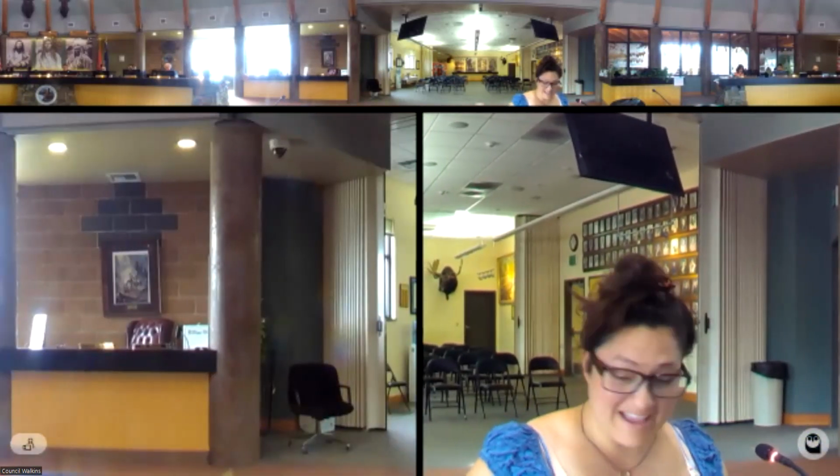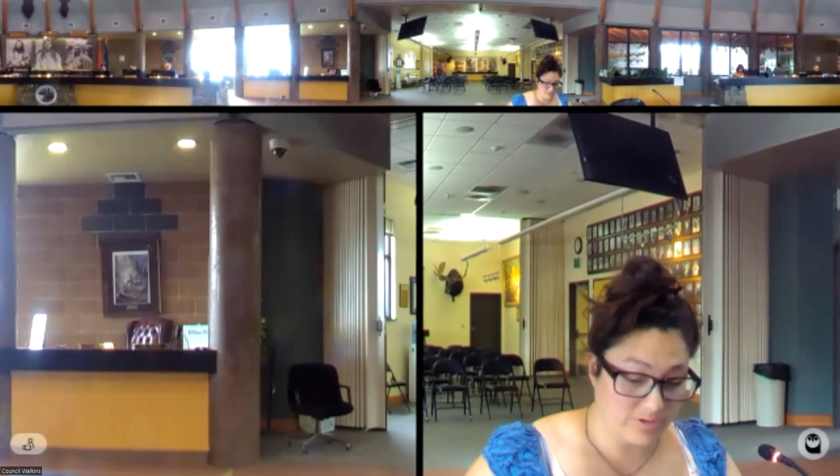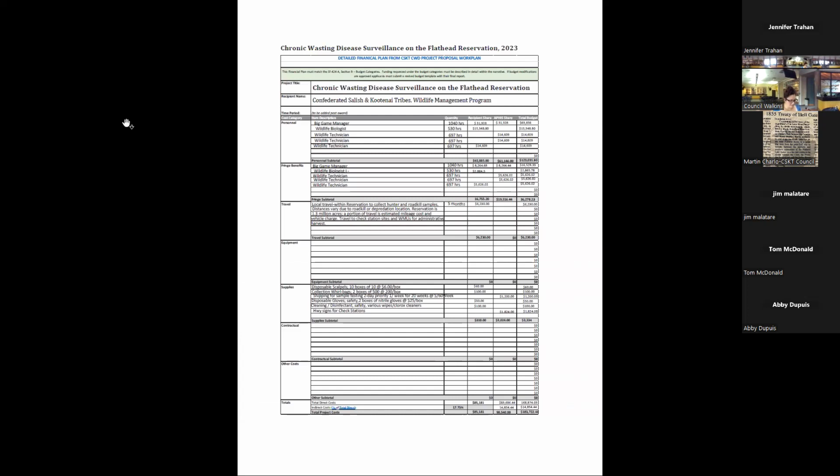And then finally, the fun one, we are proposing to submit a grant. So the chronic wasting disease plan that I presented earlier came out of a grant we got last year to put together and help cover the cost of putting that plan together and getting those out this year. And so what we're hoping to do with that same grant this next year is to build off that and submit a proposal, because we have a lot of really great efforts in that plan, but we don't really have the capacity currently to fully implement it to the level that would be effective.